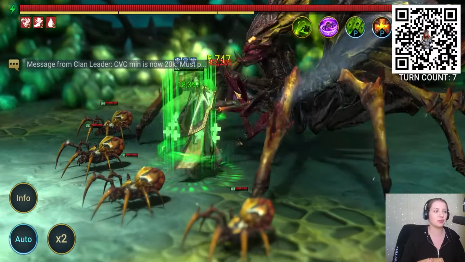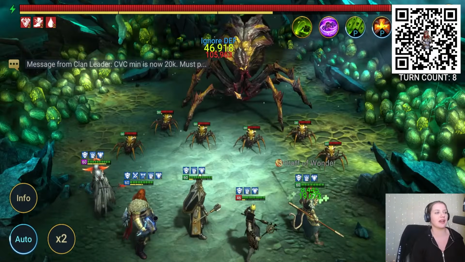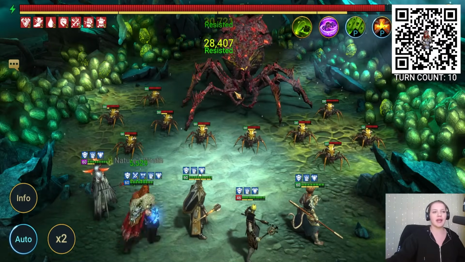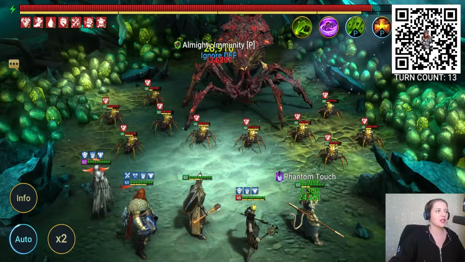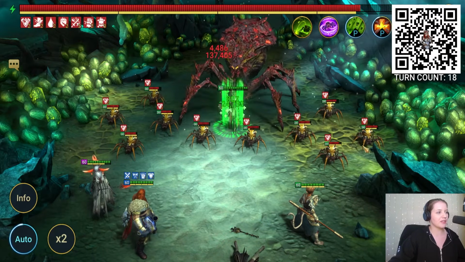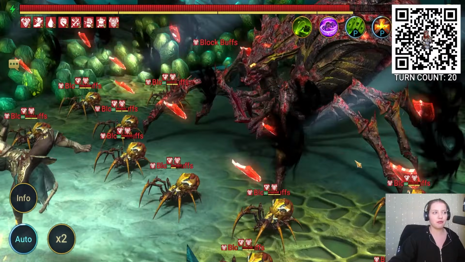I do really love my Thor for this. And you notice he also did a decreased speed on everybody too. So that's what makes him super important. Now the object of this is to get rid of the spider. So in one sense, you don't want to focus too much on the little spiderlings. You do want to focus on the main spider, but when the spider is getting closer to taking its turn, the more you can get rid of these spiderlings, the better,